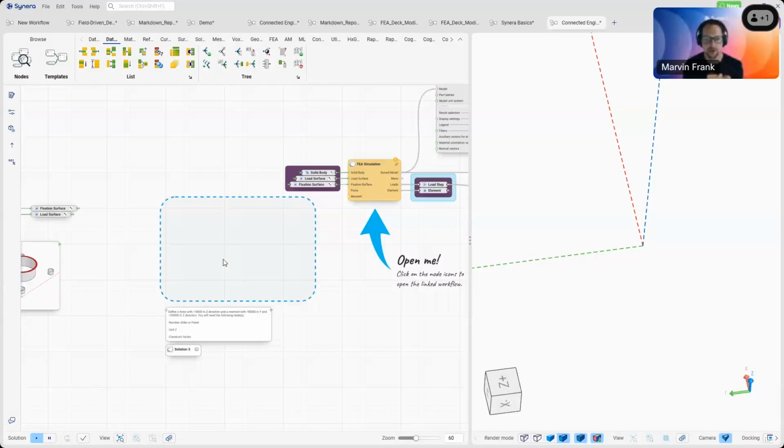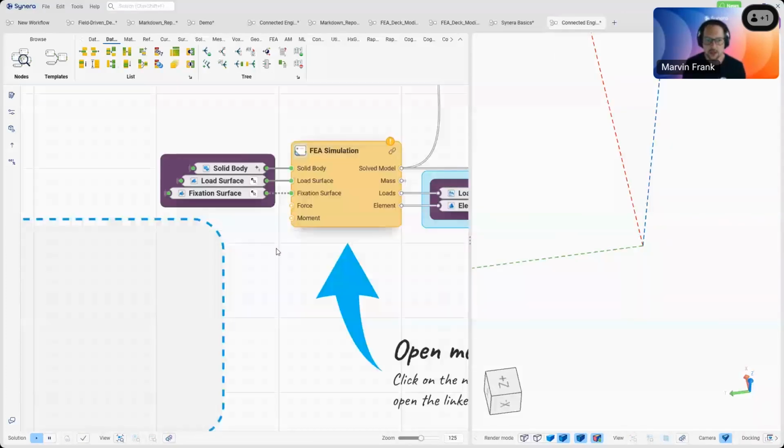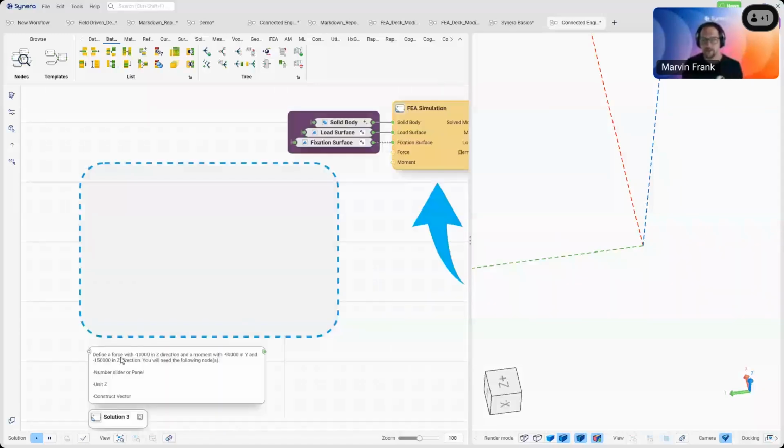I will not dig into that, but what we want to do is define some force and some moment. For the challenge, like in the homework, you also see some descriptions here. For the force, we need a force in Z direction. If you have this in mind, you can click the radial menu and maybe just type in Z and see what comes up. Okay, we have a unit Z here. That's nice because we can set up a vector in Z and a force with minus